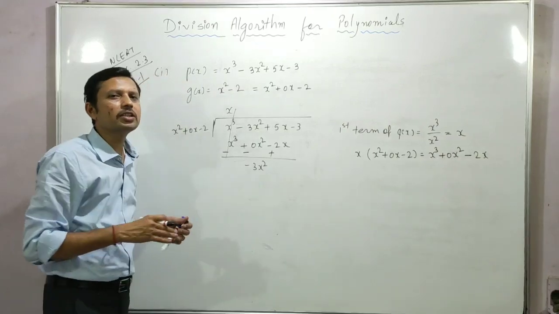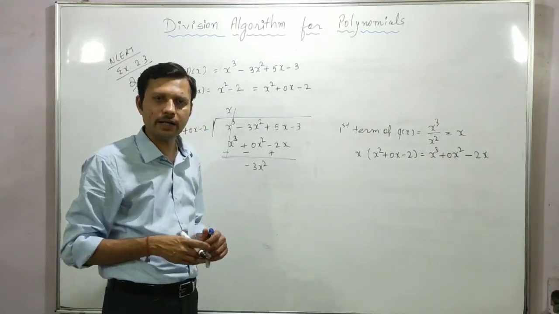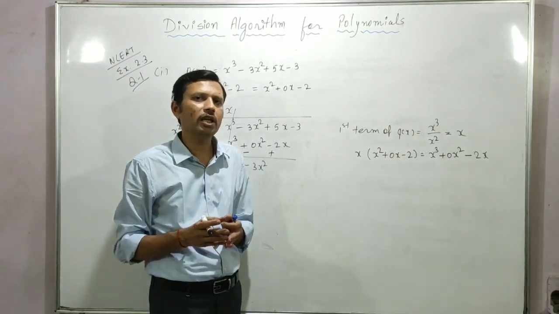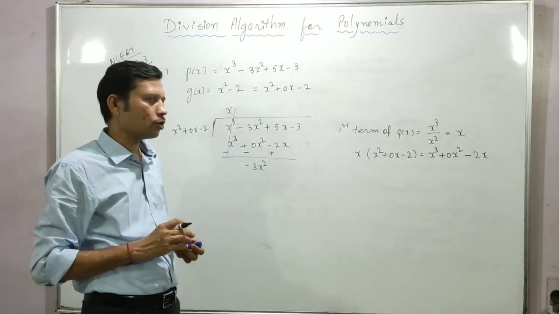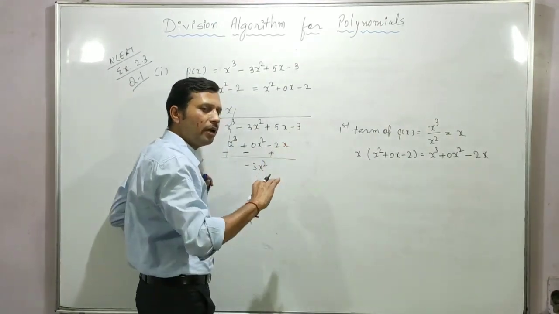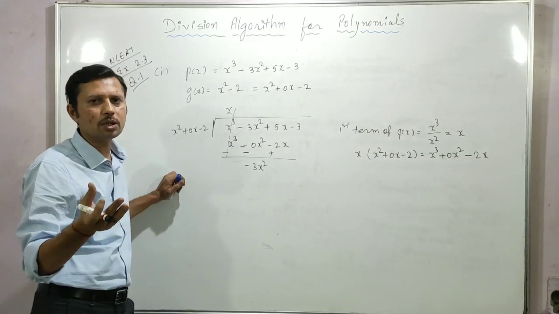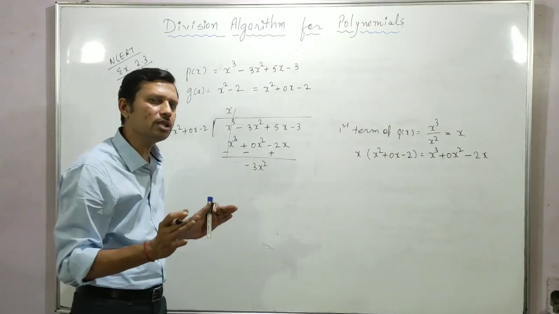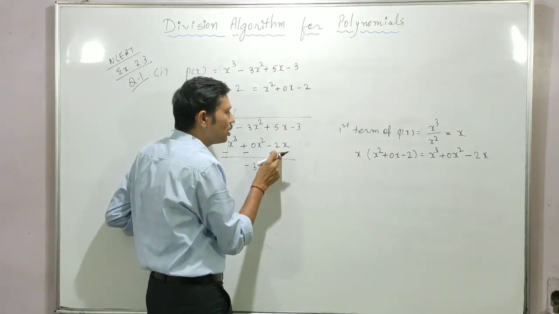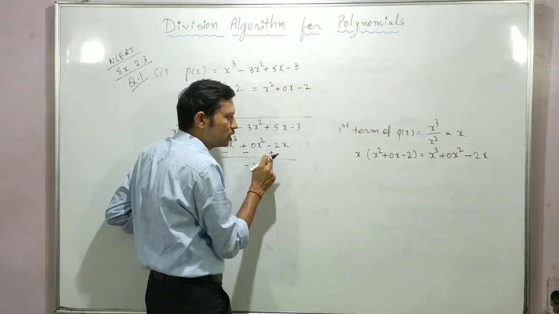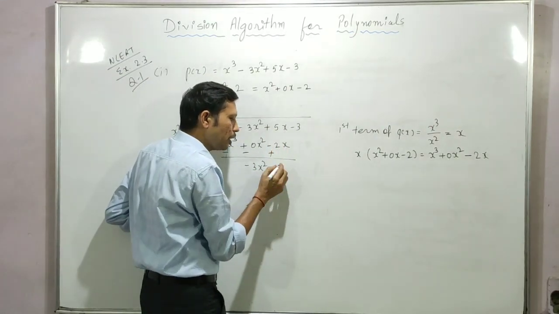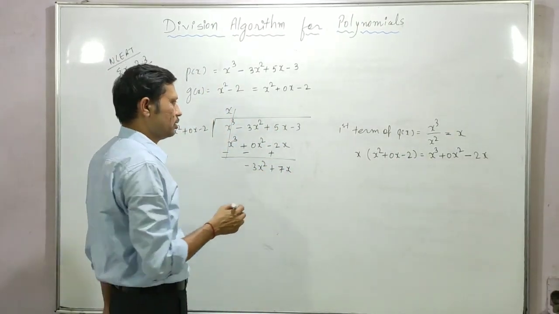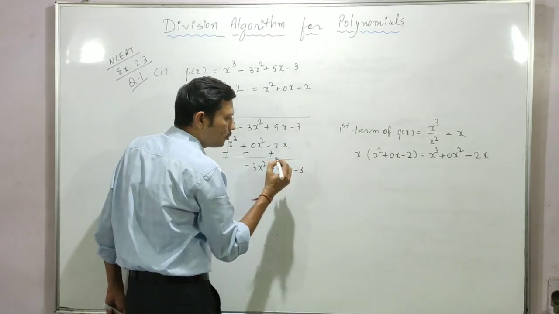Now like terms can be added or subtracted. How can you recognize like terms? When two or more terms have the same variable and the same power, they are like terms, and they can be added or subtracted depending on sign. If both terms have the same sign, they will be added, and if both terms have different signs, they will be subtracted. Here both terms have the same sign, positive, so they will be added. So 5x plus 2x will be 7x, and here both the terms are plus, so the sign is plus. Then minus 3 should be carried here.